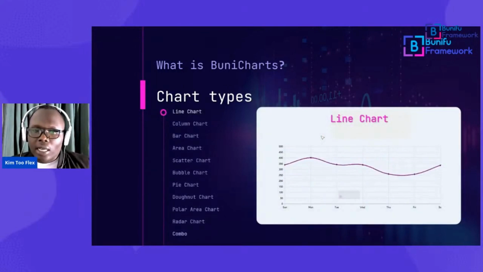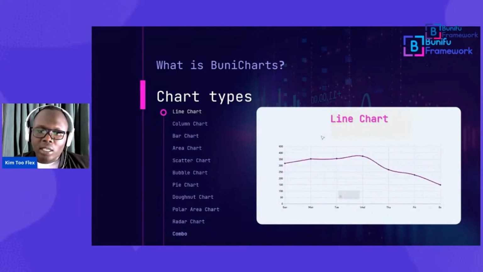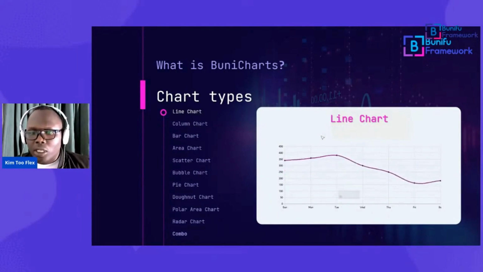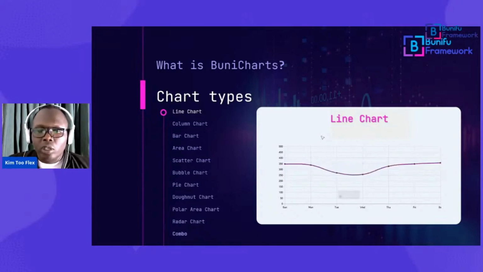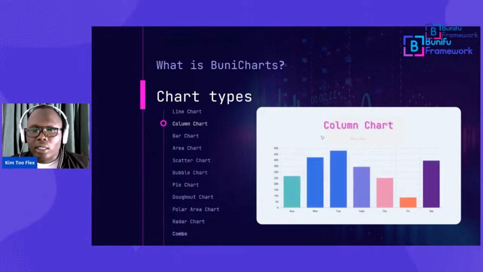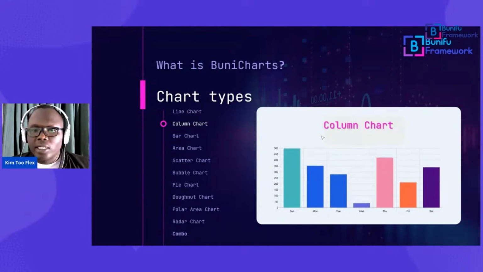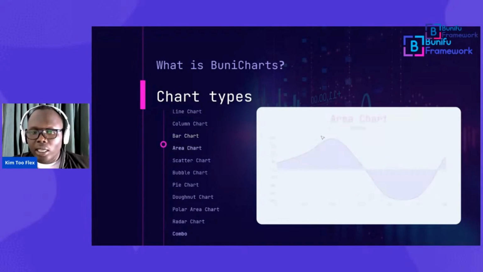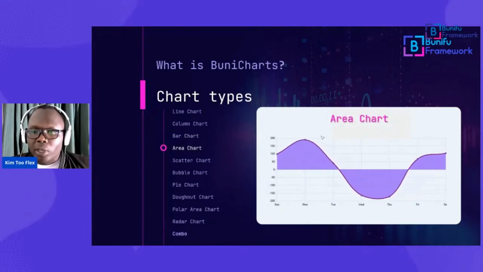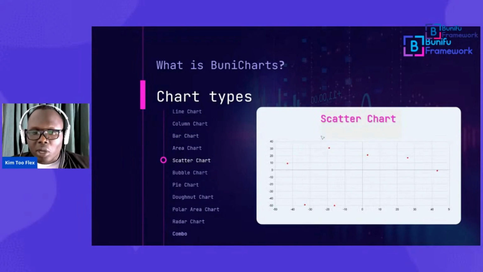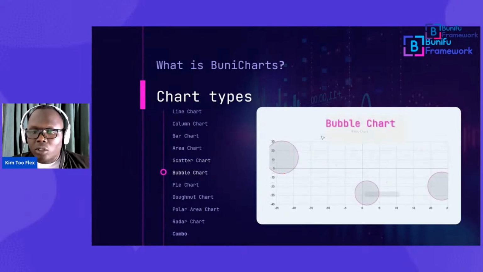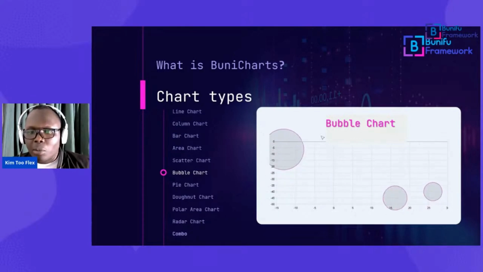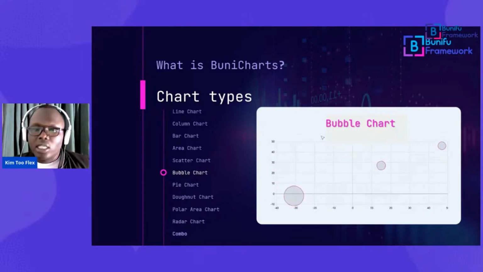These are some of the charts which are part of this library, not all of them. As you see, we have a line chart, column chart, pie chart, and so on. I'm going to showcase them later in a practical application. We have scatter chart and bubble chart, and you might have noticed these cool animations on the bubble chart, and all our charts in general support